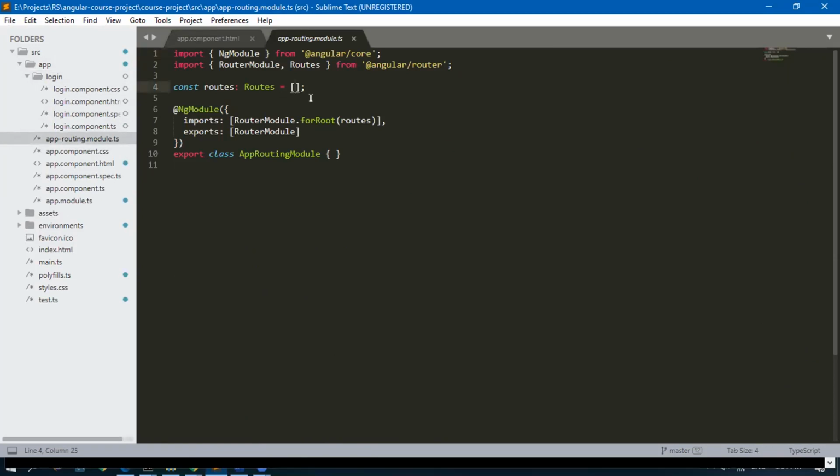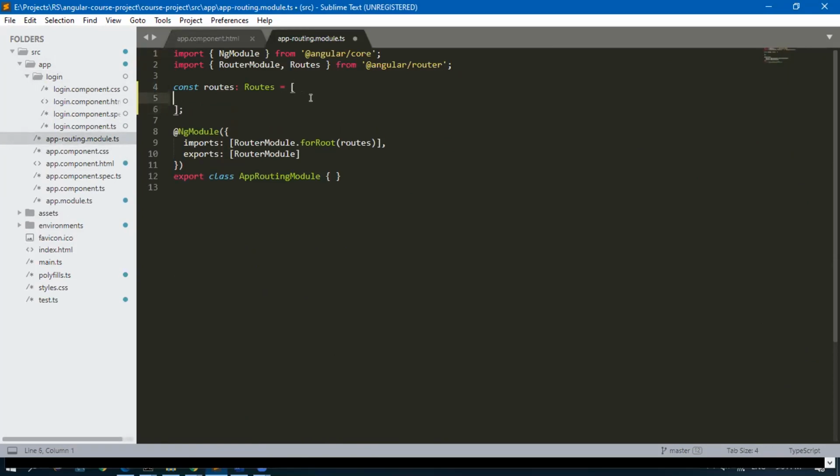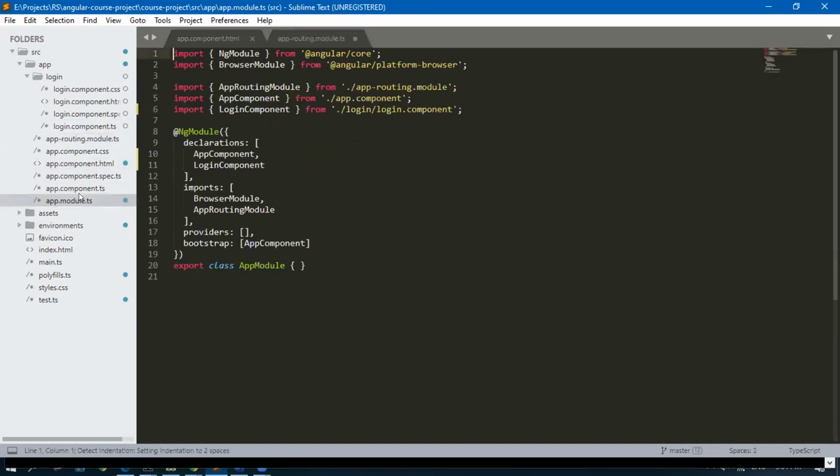The routes is empty here, and here I will add a JavaScript object. I'll add path, and the path is empty. When it is empty, the component is the login component. And where is the login component? Here.